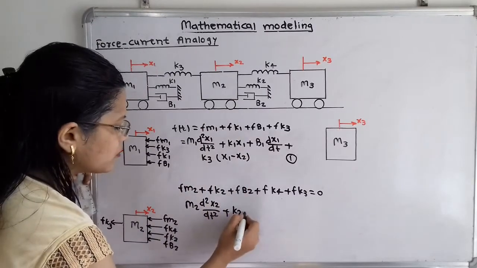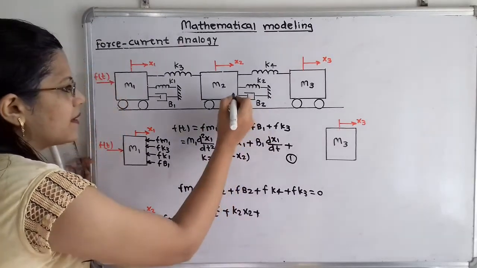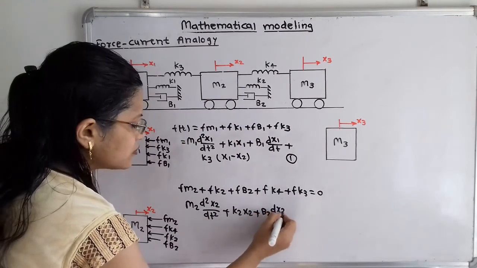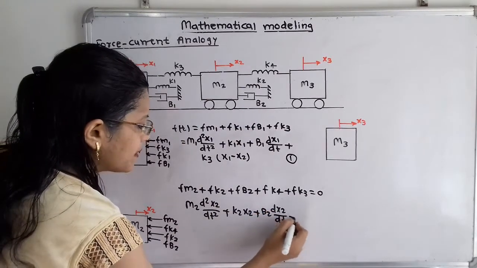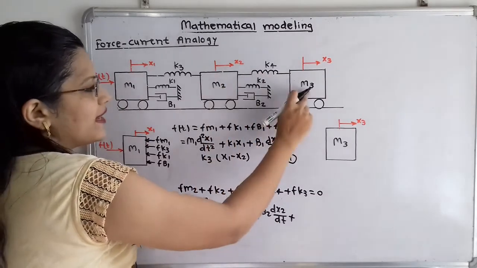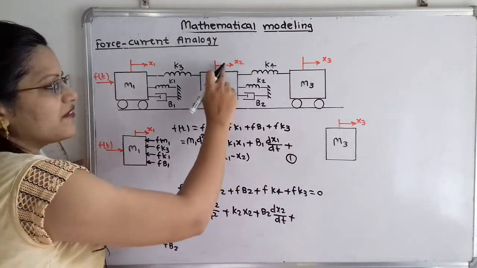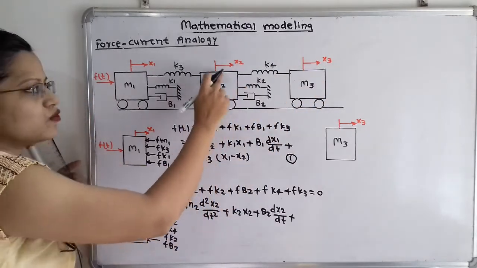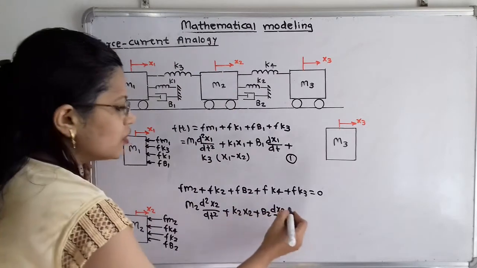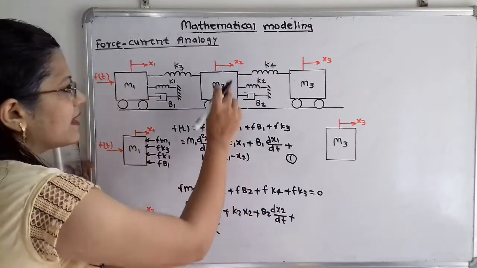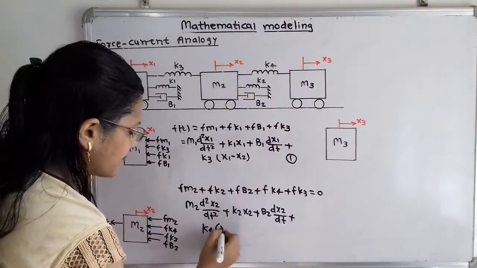So I will write k2 x2 plus b2 dx2 by dt plus k4. k4 is in between m2 and m3, so I have to take the difference between displacements. This is the free body diagram of m2, so I have to take x2 first. So we can write k4 in the bracket x2 minus x3